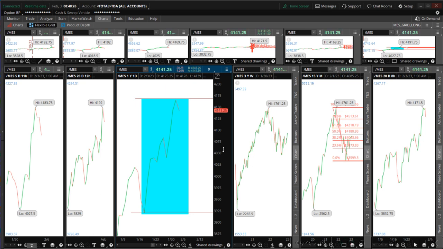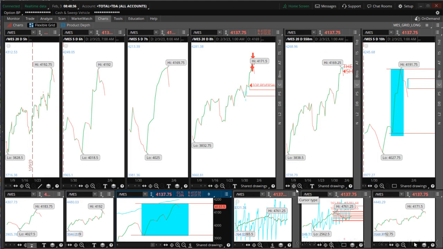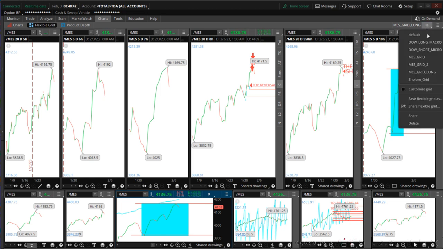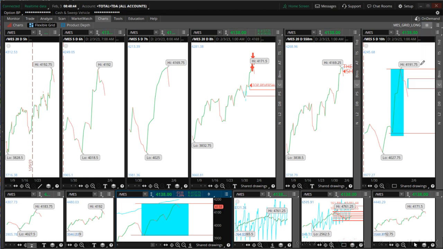So if we have a bearish tone from the macro longer time frames, we're going to concentrate on doing a short trade because the market's going to go down. So now I'm going to go from the macro grid to the micro grid to do an update